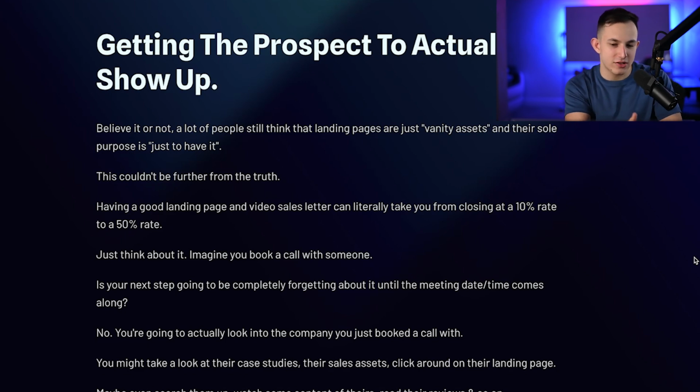Having a good landing page and a good video sales letter is the difference between you closing at a 10% rate and you closing at a 50% rate, right? And that's also the difference between you booking 1 call a week and 10 calls a week, right? A good landing page really makes a big difference, and you need to make sure that you have